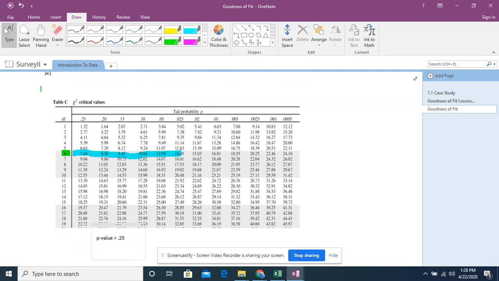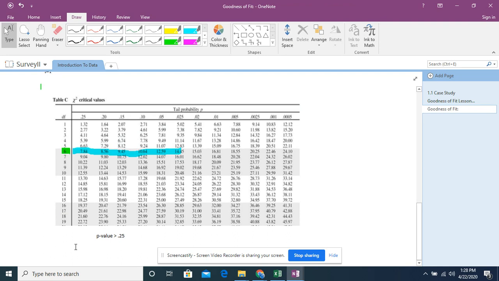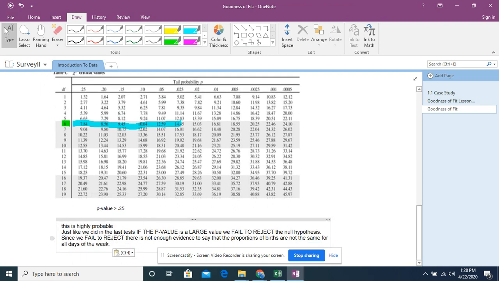This is a very large p-value. So this is highly probable that it could happen by chance. This sample could have very easily happened by chance. More than a quarter of the time it will. So, just like we did before, since it is so probable, we fail to reject